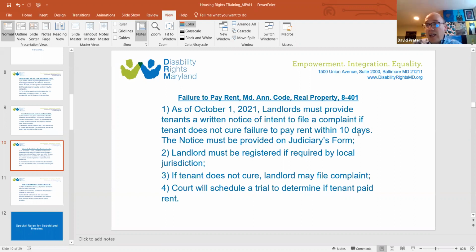And I have not failed in my obligation until the end of that 10th day. Then the landlord would be entitled to file a notice of intent to file a complaint. However, I would just add this note of caution